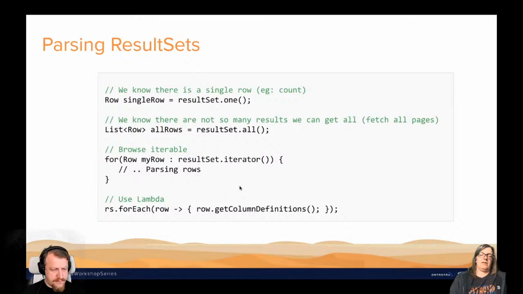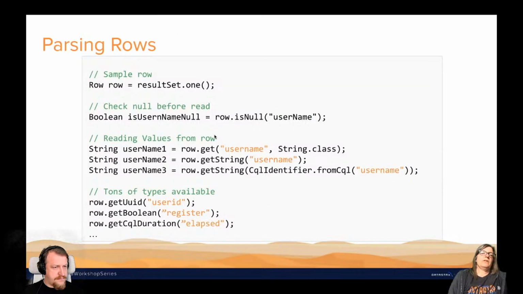So there's a lot of different APIs, and this is where it might be different between the drivers, right? So where you would see a difference between the Node driver and the Python driver, how they're implemented. But in terms of functionality, they pretty much provide you similar functionality. It's just that the API might be named differently. For example, results at first, etc. Okay. And also things like tests for nulls, or what type you want to get out, and how you read it out. That might be a little bit different between drivers, but this is basically how you work with the result sets. And we're going to show you that in the code in a moment as well. Okay.